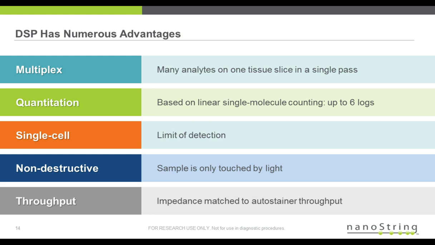So it's absolutely quantitative. It's single cell, so you can focus the digital micromirror device and actually probe single cells. Obviously, some markers would be very difficult to detect at single cells, but not all markers. There are many proteins that you can observe at the single cell level. One aspect that's also very interesting, which I didn't describe during my part of the talk, is that it's totally non-destructive. The sample has never been touched by anything other than light. So at the end of the entire multiplexed assays we're doing, you can actually take that tissue slice out.